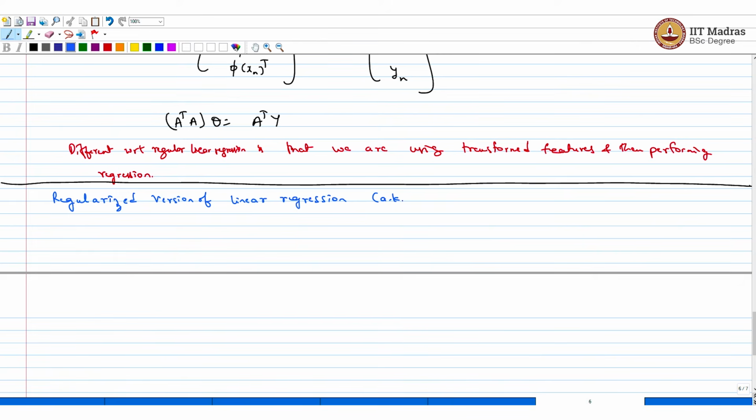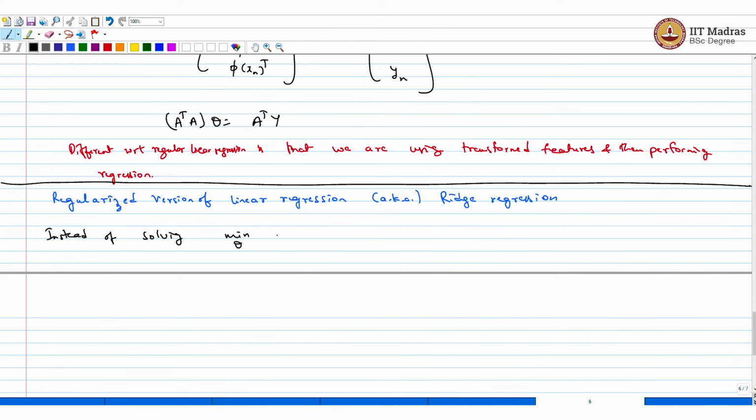This is also known as ridge regression. So, this is just a quick remark. So, the idea here is, okay, instead of solving